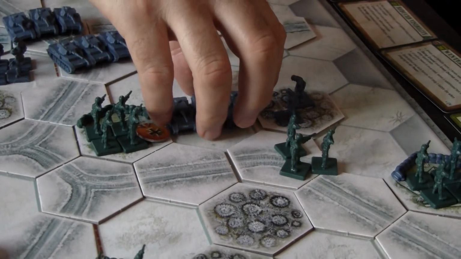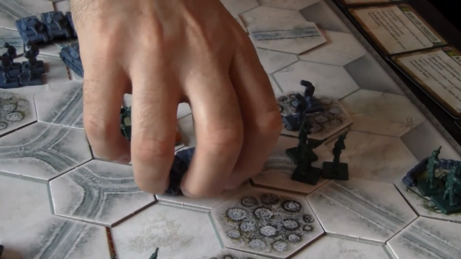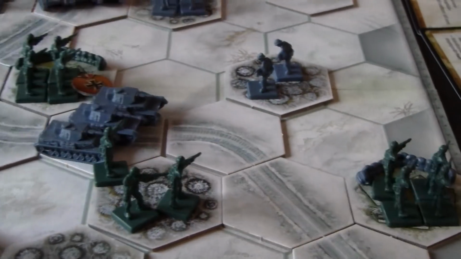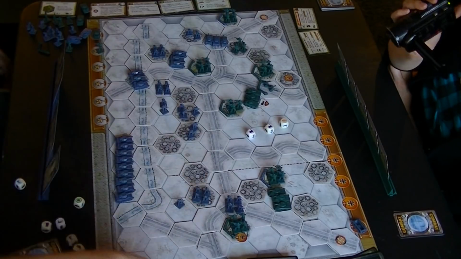Because they killed them off, they can move into here and battle again. So they will turn on. They overrun them and continue on to the infantry, who runs into the woods. Oh, that's... They continue to push up their armor on the left flank and start pushing forward with their infantry on the